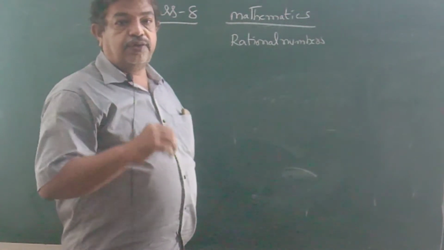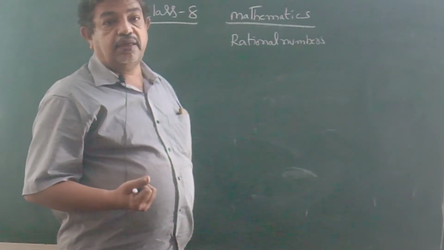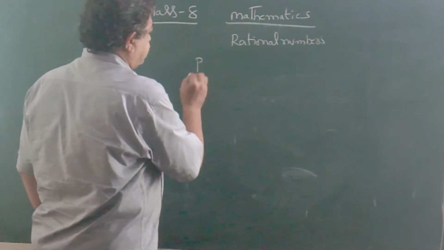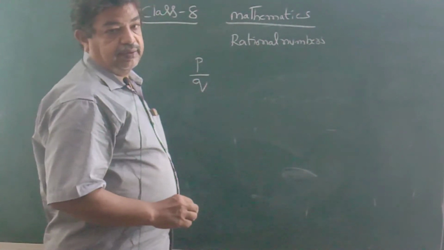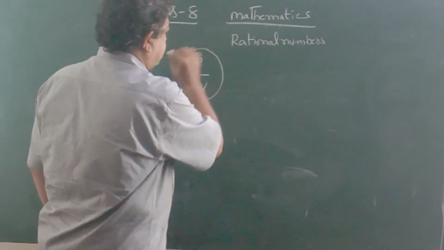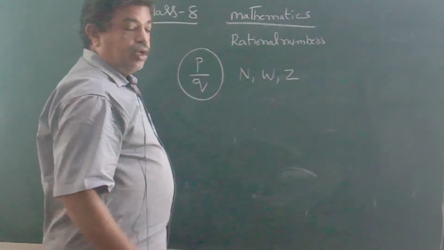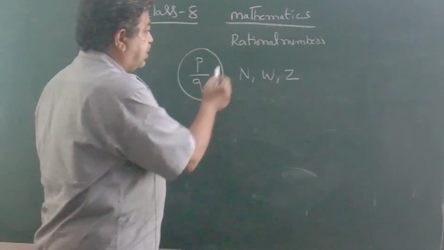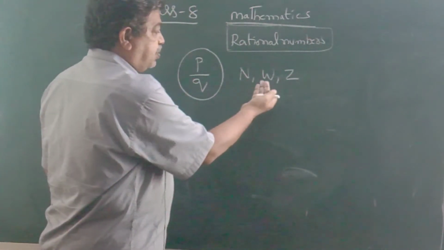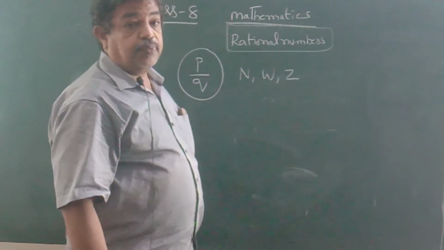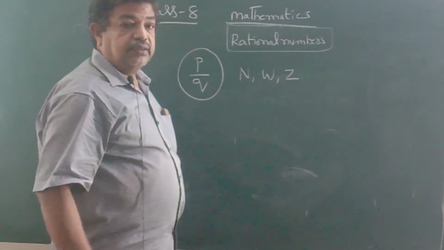Children, we are continuing today with respect to rational numbers. We learned rational numbers are in the form of p by q. Numbers in the form of p by q are called rational numbers. That we are going to understand. We learned about natural numbers, whole numbers and integers. Now we are going to learn a new set of numbers called rational numbers. We learned natural numbers properties, whole numbers properties and integer properties. Today we are going to understand what are rational numbers.